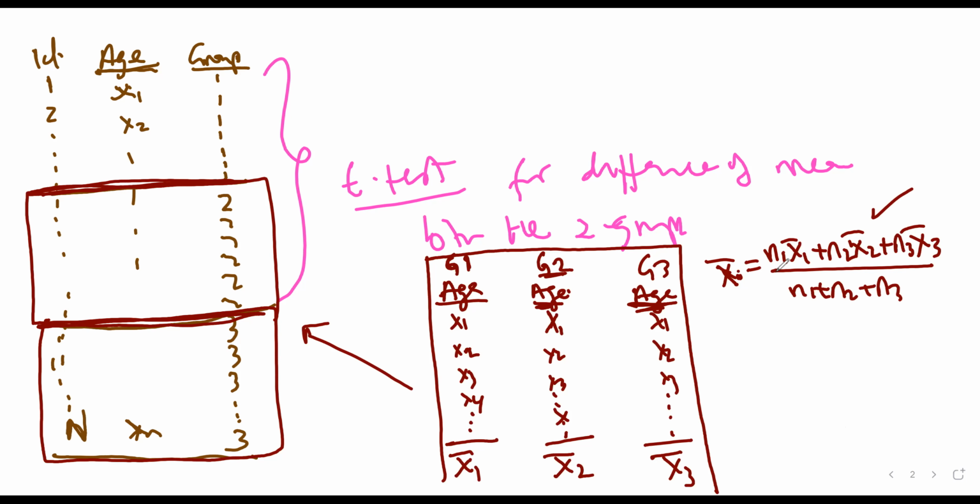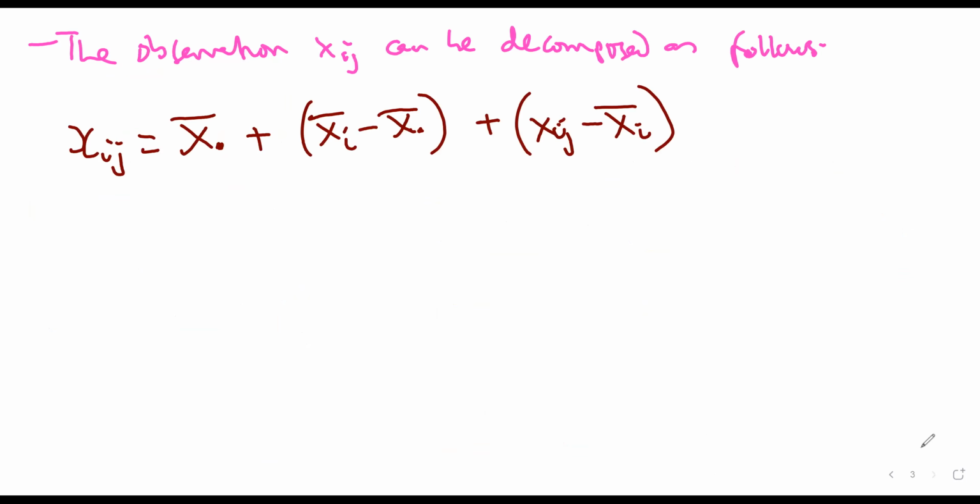So I just take n1 x bar 1 plus n2 x bar 2 plus n3 x bar 3, divided by the sum of the sample sizes, which will give me a capital N. So basically that is it. So when you look at this expression here,